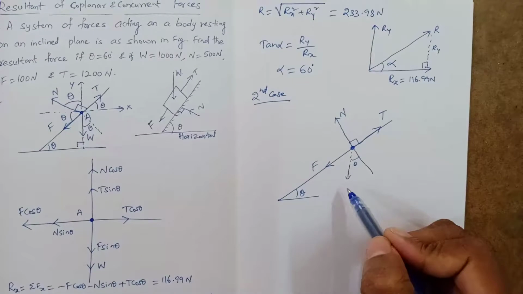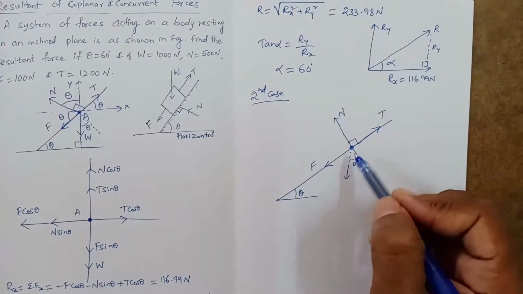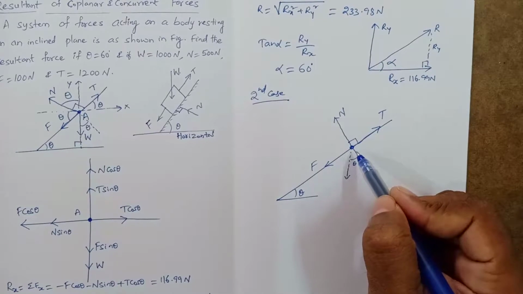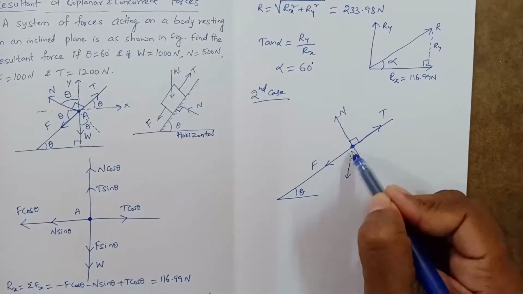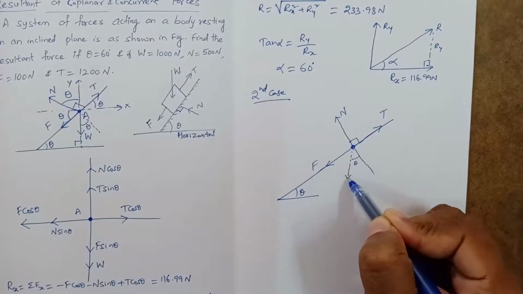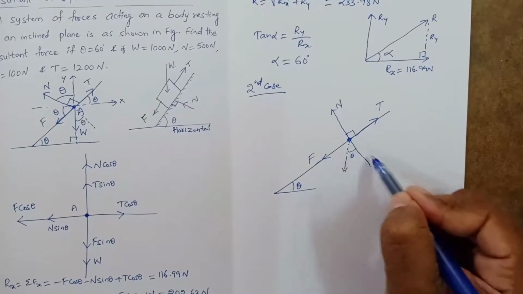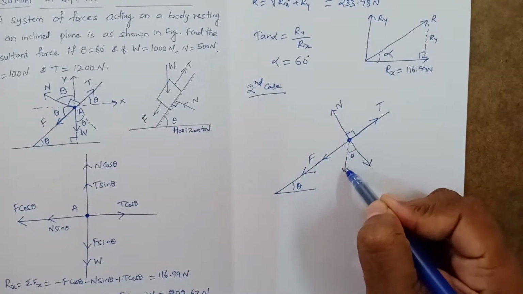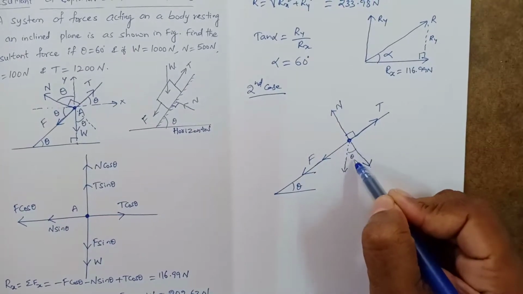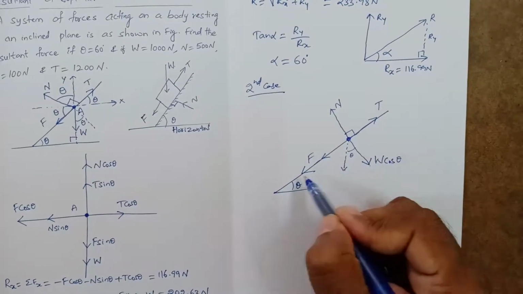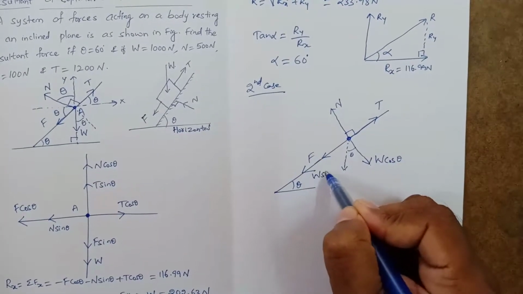This is W. Now if you resolve this W into two components, the two components must be normal to each other. So in this quadrant, this is one component and this is the other component, and this arrow is away with respect to this point, so both the components' arrows also must be away. And this W is making an angle theta with this component, so it will become cos. So this is W cos theta, and the other one is W sin theta.